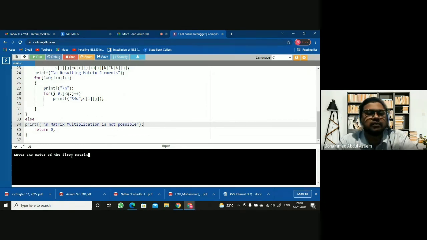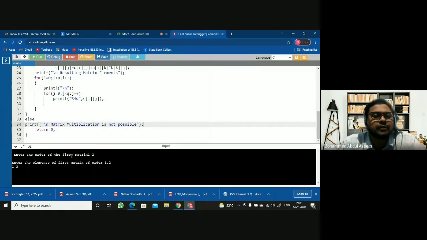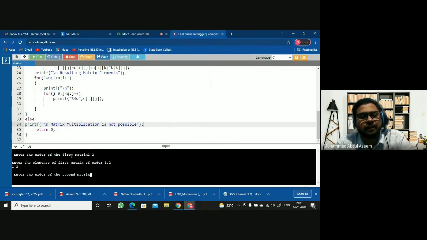So enter the order of the first matrix. I am giving as, let us say, 1 by 2, means one row, two columns, right? One row and two columns, means 1 2 I can have, right? Then enter the order of the second matrix, it said.